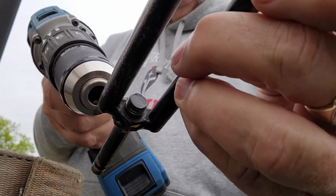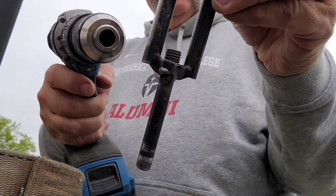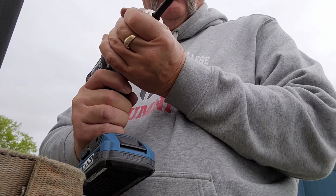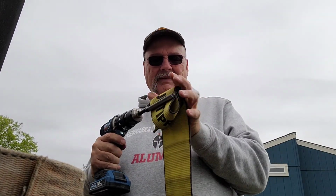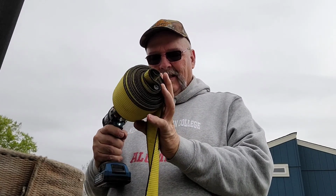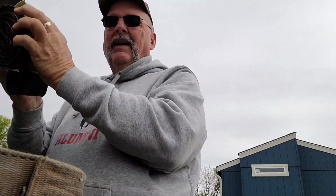And then you get 2 pieces of rod and tack weld them down here straight, and once you get them tack welded on there, then all you do is smooth it out. And once you've smoothed it out, then you've got yourself a nice little strap winder. Watch this. All right. Now, what you do is you take this and you bang it up against your truck, and then it makes it into a nice